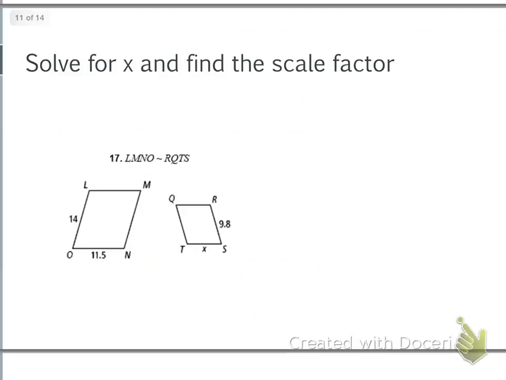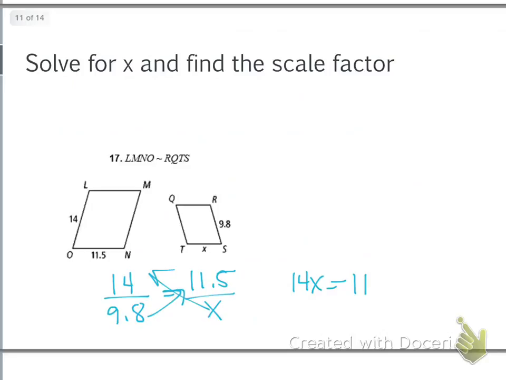Okay, solve for x and find the scale factor. So to solve for x in this, we're going to have to set up a proportion. Let's say I pick 14. 14 matches with 9.8 in my other polygon. And then since I started with my big one, I need to start with my big one again, so 11.5, which matches with x. We're going to cross multiply to solve it, so I got 14x equals 9.8 times 11.5